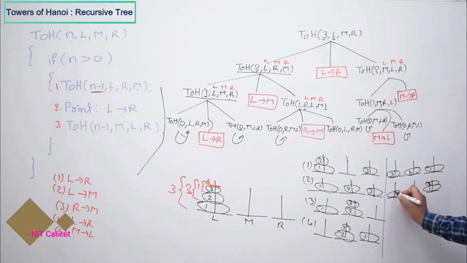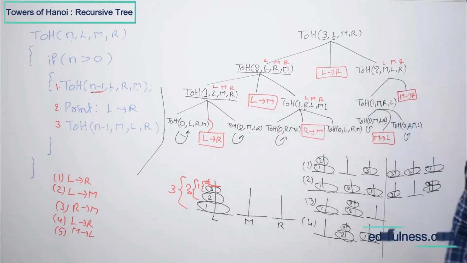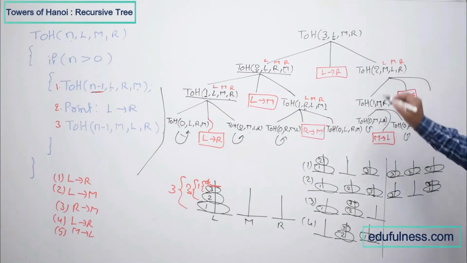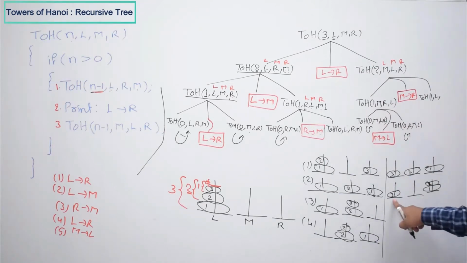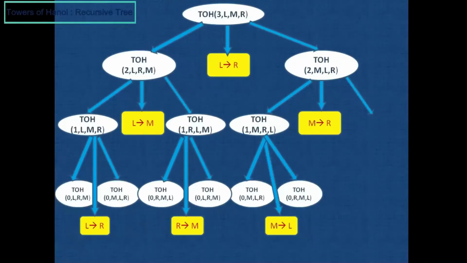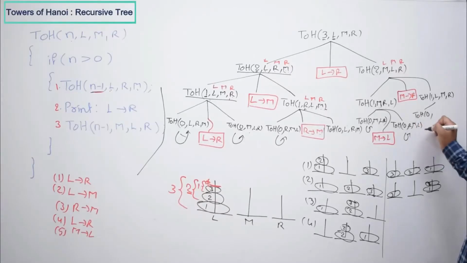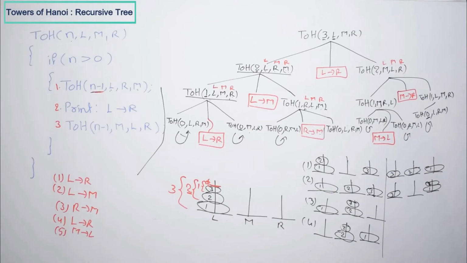Okay, and 3 exists at L. Now the second statement is completed, go to the third statement. So what is the third statement? Third statement, towers of Hanoi, same way, 1 comma. So now this one disk exists at L. So L will become the source, that you can observe here. So this one you have to shift to R. So that is what target R by using middle tower M if you require. So now here also towers of Hanoi 0 comma L R M, and n is 0, coming back.